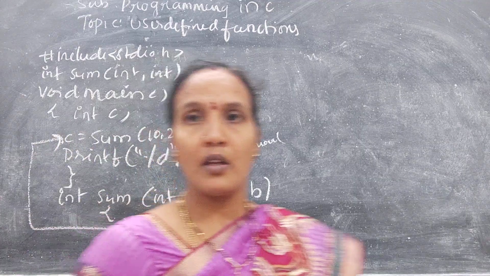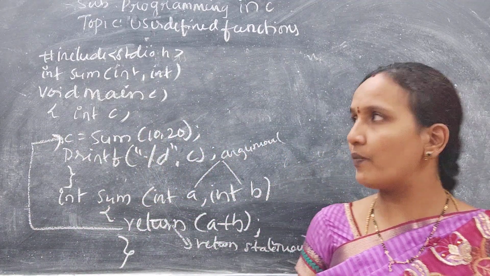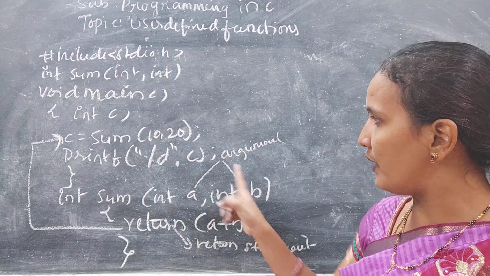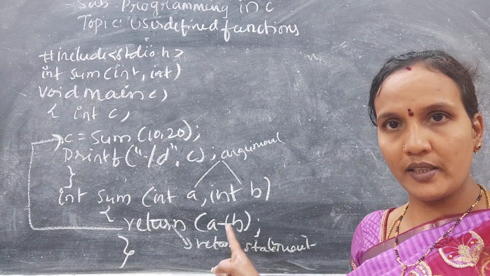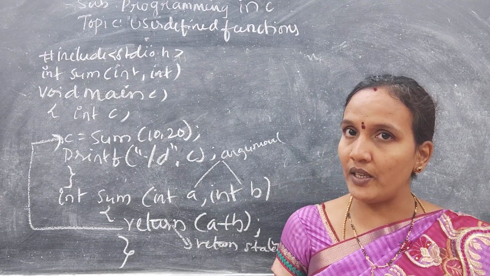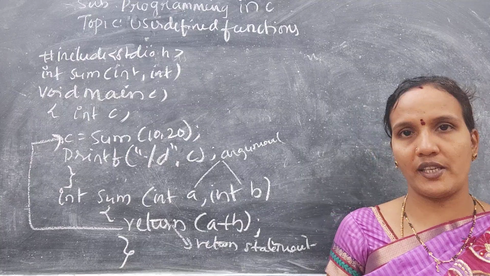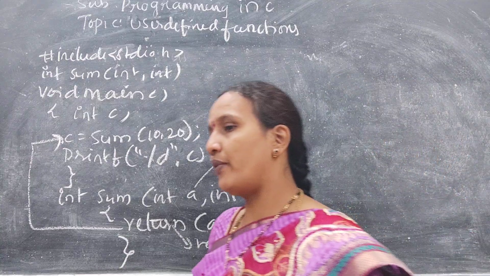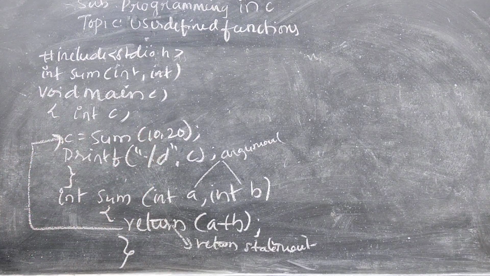Okay. So first category of this user defined function types, a function with argument with return statement. Condition is satisfied means in that program if you are using an argument and you are using return statement also, that will come under the first category. Okay, function with argument with the return statement. You take screenshot of this. Now, what is the next one?